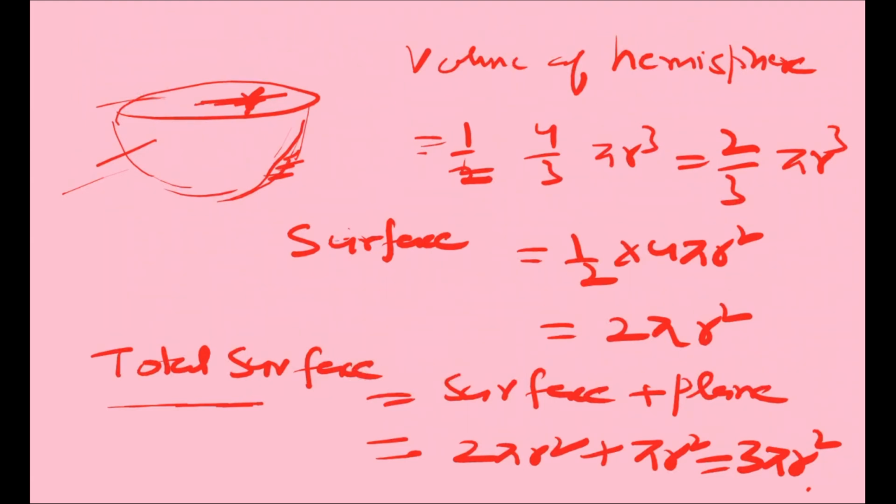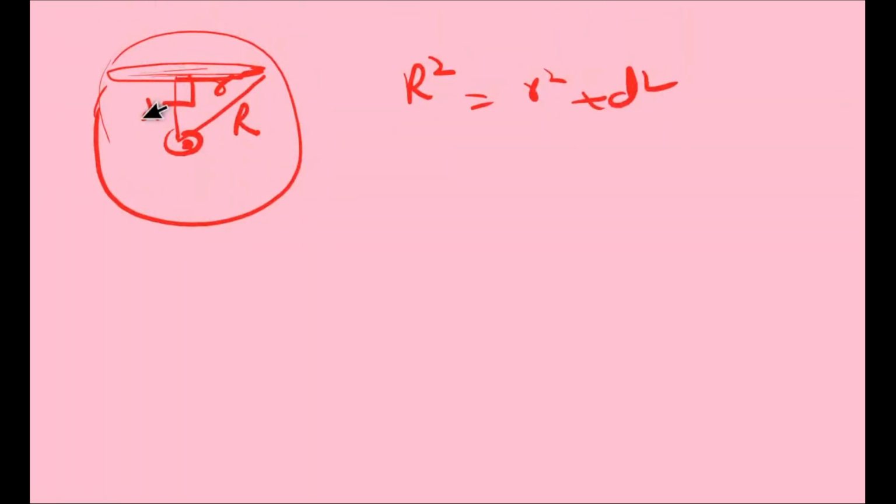Okay student. Now student, if we take this sphere and cut from here, we get a plane and this is the center, this is the perpendicular distance, and this is the radius of this circle and the radius of the sphere. What is the formula? R square equals r square plus d square. So using this formula we can find d, r or R. Capital R is the radius of the sphere.